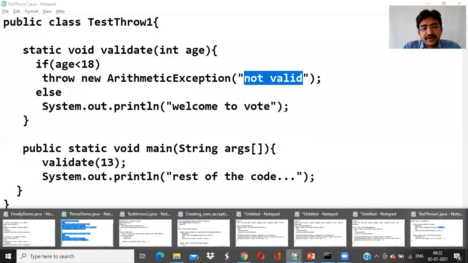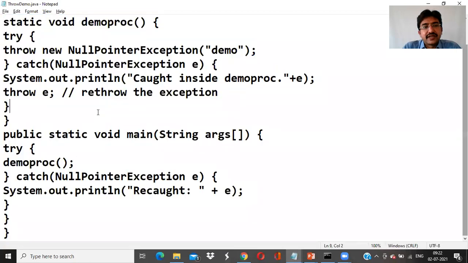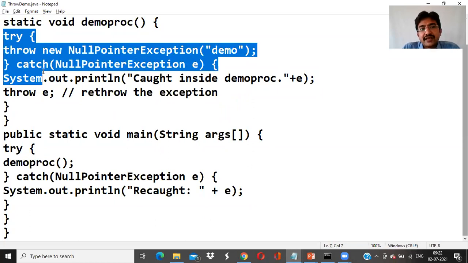So we'll run this program, ThrowDemo, here. Here is the program. It is the same as the previous example, but in the previous example, without the try block, we used throw. Now we are going to use throw, try block and catch block. Why? We'll see in the upcoming slides why we had to use that. To throw the unchecked exception.